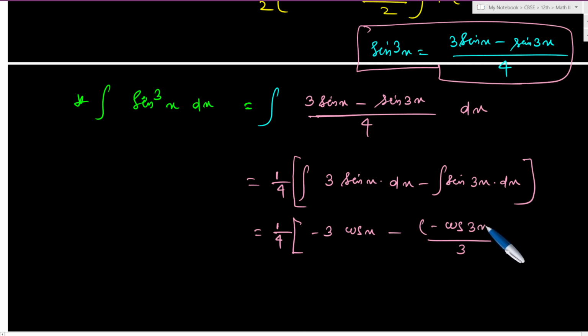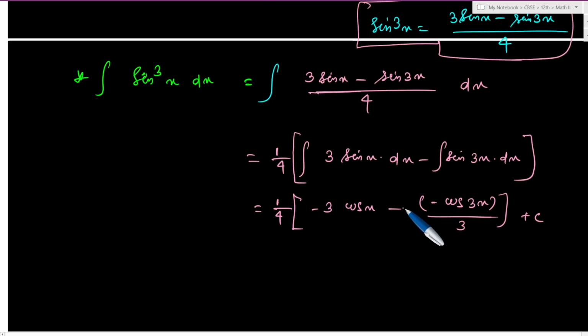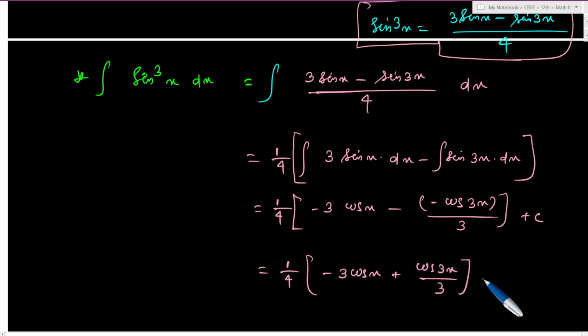You can use substitution, but I write it directly, no problem, plus c, खत्म। यहाँ पे माइनस है, यहाँ पे माइनस है, 1/4, यहाँ पे -3 cos x है, तो ये माइनस माइनस प्लस हो जाएगा, cos 3x/3 प्लस c।